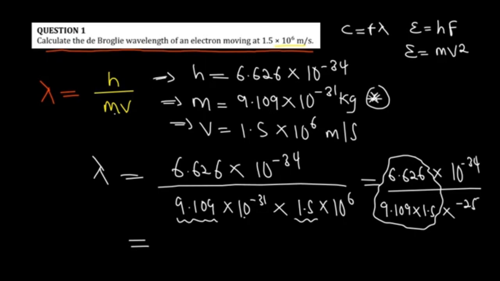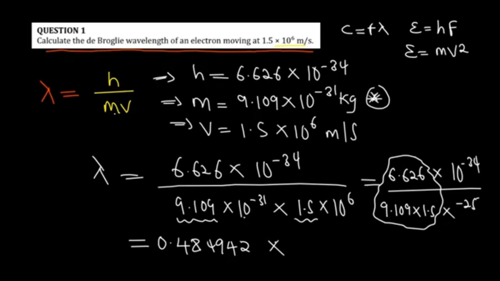6.626 divided by 9.109 times 1.5. Okay, so that's what I get. So I'll get 0.48494, or if I round off, it will be 2, multiplied by, according to my calculator,